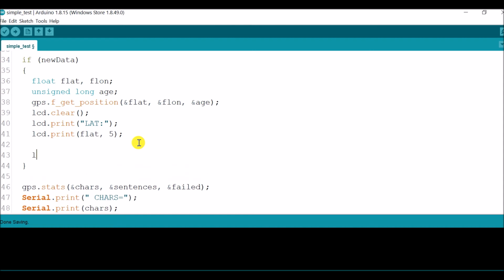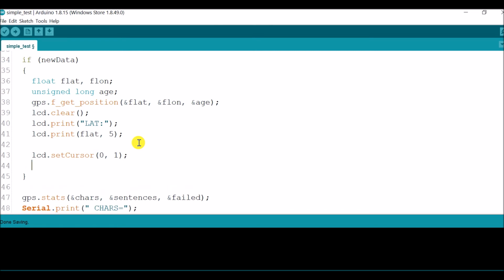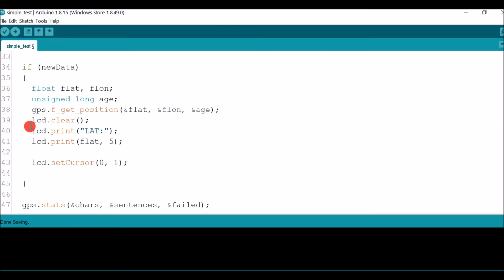Then I will choose the next line for printing purpose. So I will say 0, 1. So the next line will be selected, and I will copy both the lines, and I have to do just a few modifications.